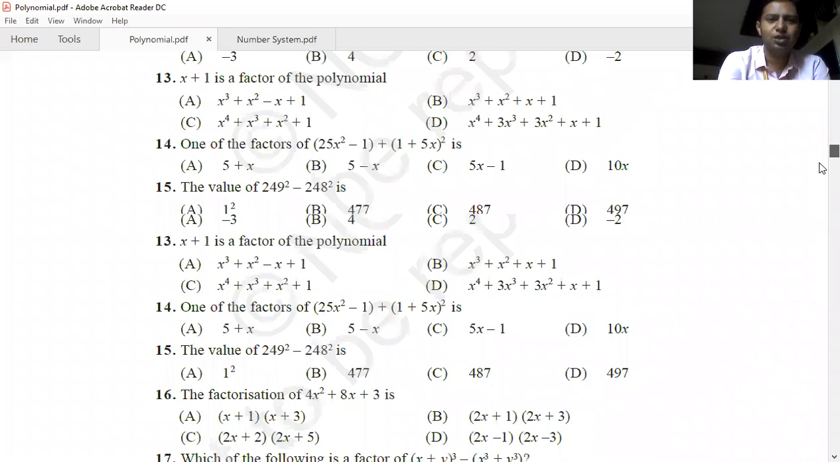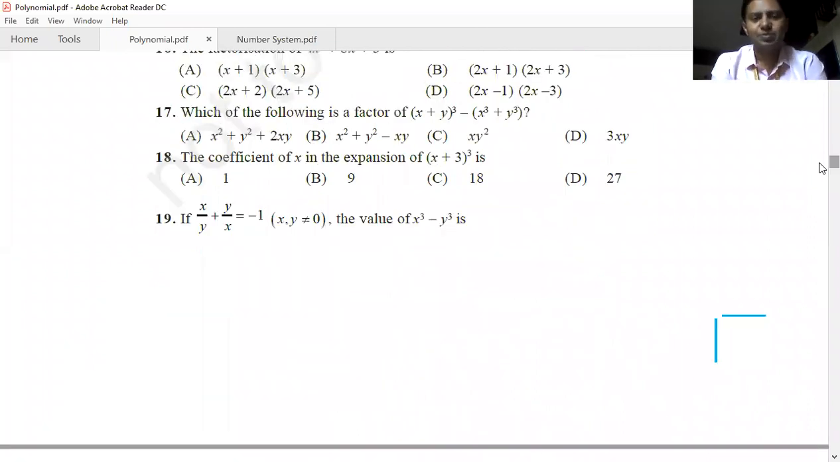The last one, question number 19. x plus y by x is equal to minus 1. We need to find the value of x cube minus y cube. And you know the identity of a cube minus b cube from question number 9, part 2 of NCERT exercise 2.5. Sorry, x cube minus y cube is x minus y